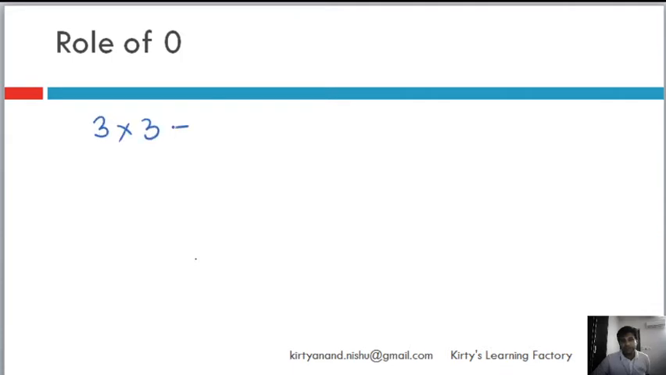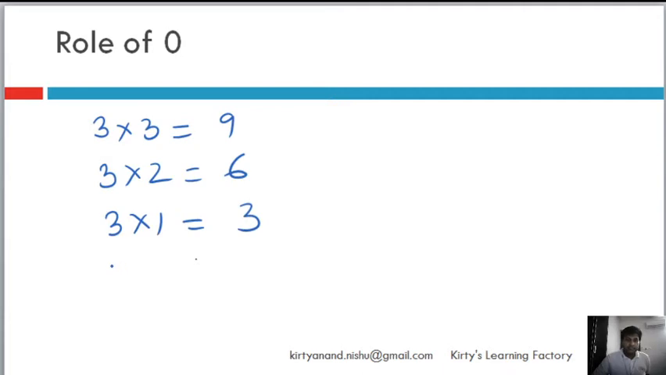Let's take a number 3. What is 3 into 3? 9. What is 3 into 2? 6. What is 3 into 1? 3. What is 3 into 0? This is what we have to figure out. Okay, now see,